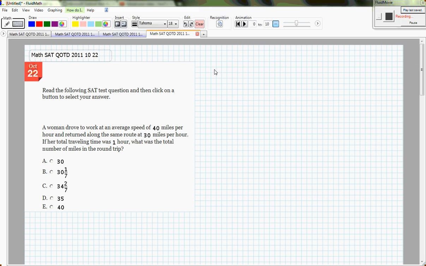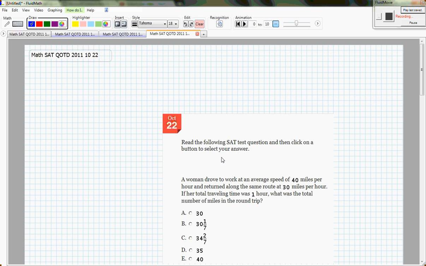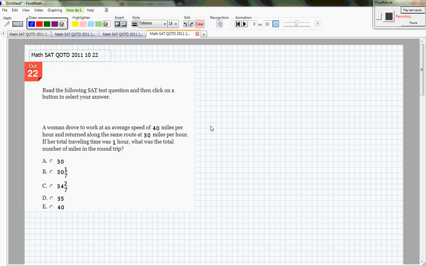This is the October 22nd, 2011 Math SAT question of the day. A woman drove to work at an average speed of 40 miles per hour, and returned along the same route at 30 miles per hour. If her total traveling time was 1 hour, what was the total number of miles in a round trip? Okay, so